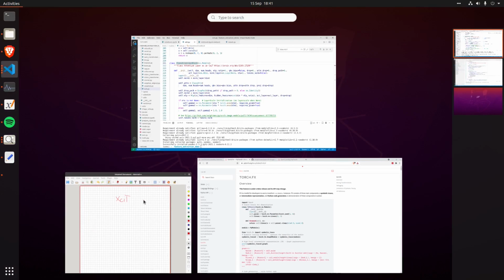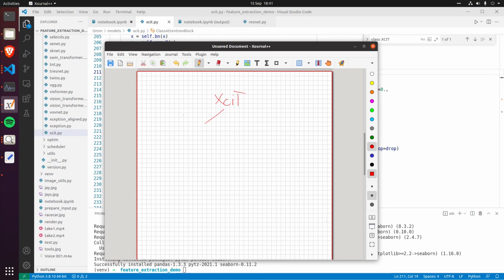So we might say, okay, this creates an xca block, and then a class attention block, right? And then those might make use of other submodules, and those might make use of other submodules, right? So this is a tree. And eventually we get to a place where we can't subdivide into smaller units, so that's a leaf of the tree, right? And so when this symbolic tracing happens, it actually goes leaf to leaf to leaf,